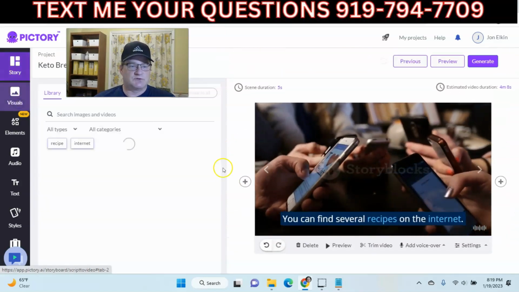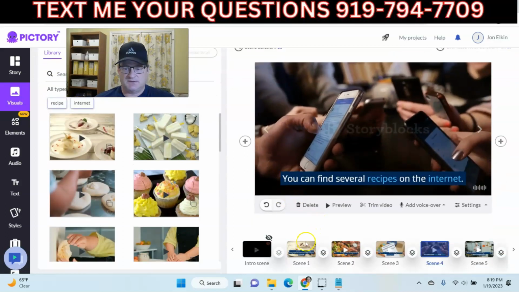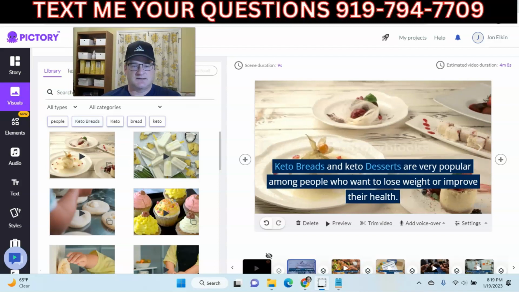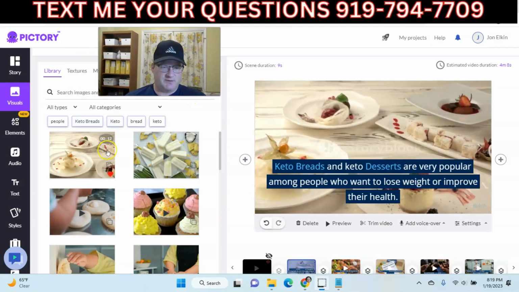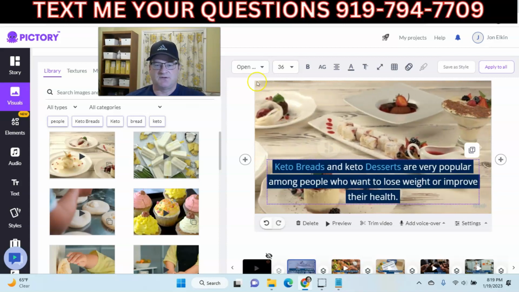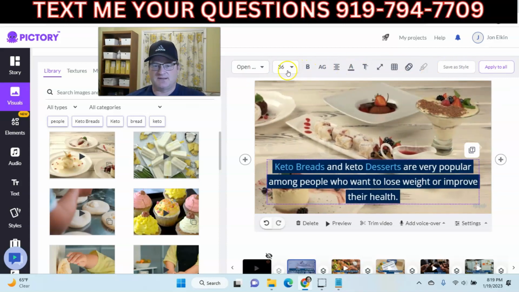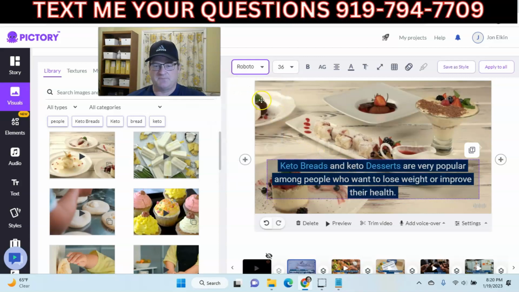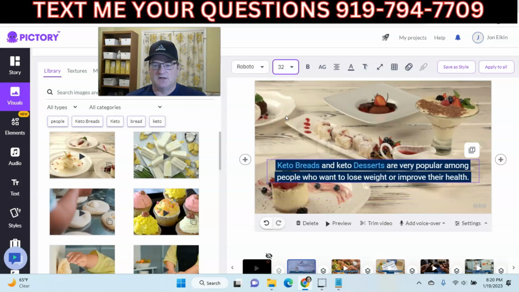Now, the visuals, so let's go back to scene 1. And again, before we get to the visuals, if you want to do anything with the text, if you just click on it, you'll see this text editor opened up on top. And so you can change the font. So let's say we want to do Roboto font. You click on that, and that'll change the font. You can change the size. Maybe you want it a little smaller, 32. Maybe you want it bold,